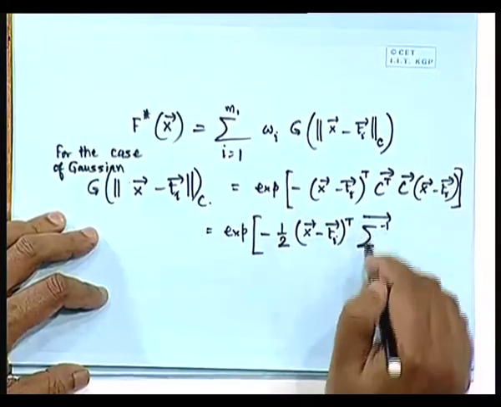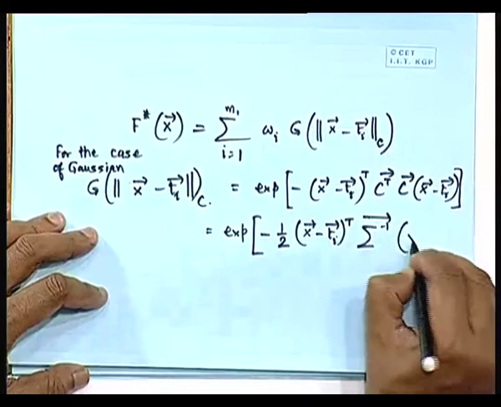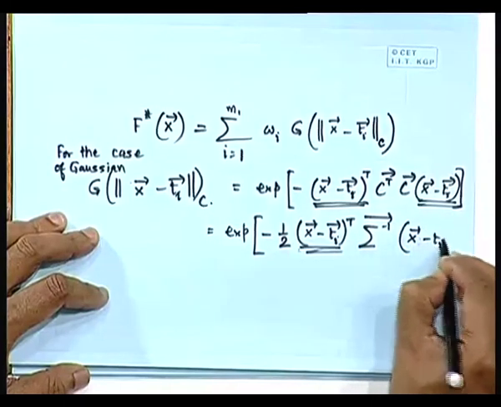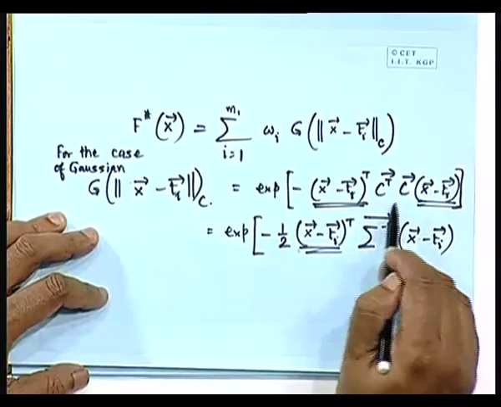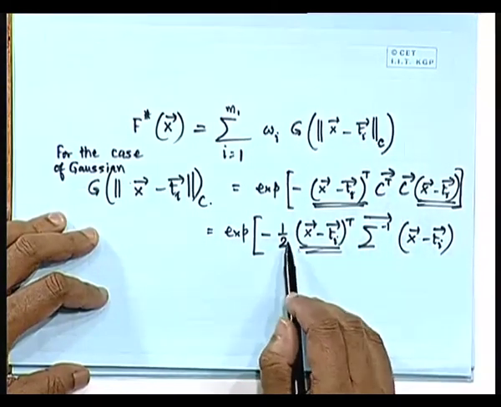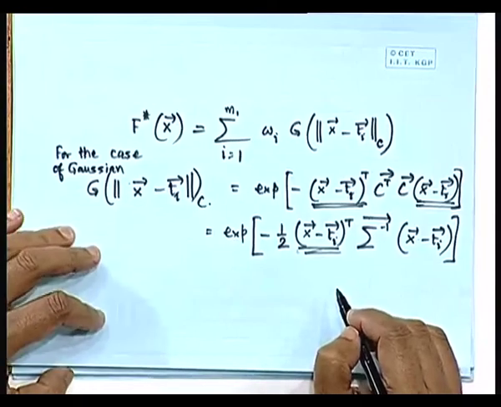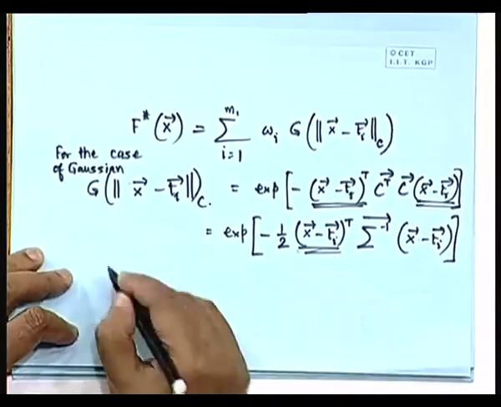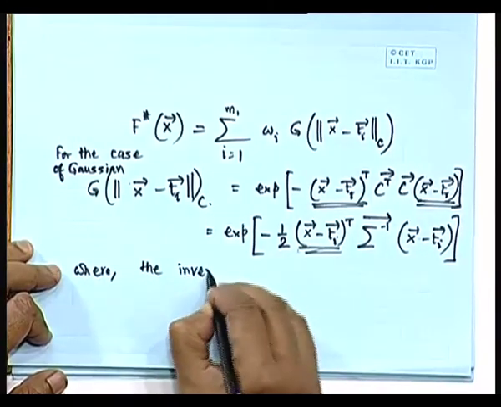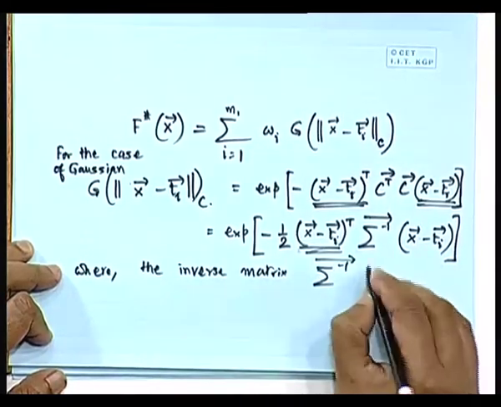Okay. So, this is a matrix, and we are taking the inverse of the sigma matrix. I will be defining what this means, and this term. This term remains as this, and this term, that is the x minus ti vector, also remains as it is. In between, instead of writing it as C transpose C, we are writing it as half of sigma inverse, where the significance of this sigma is that it is the covariance matrix. So, in this case the inverse matrix that we obtain, the sigma inverse, is